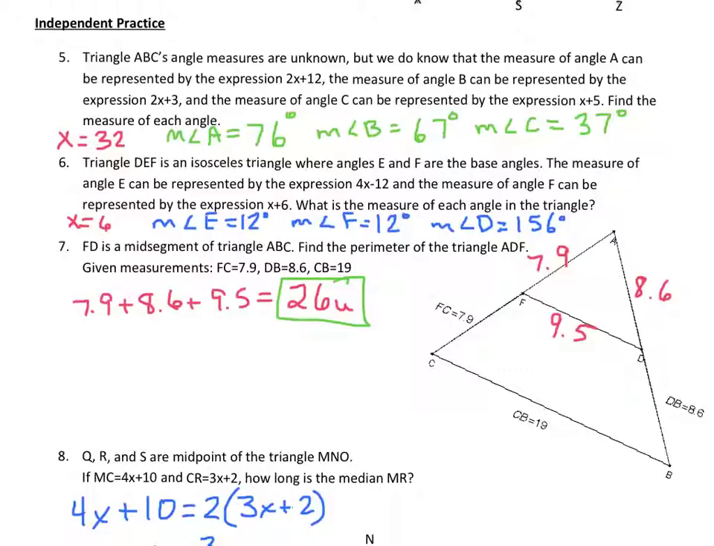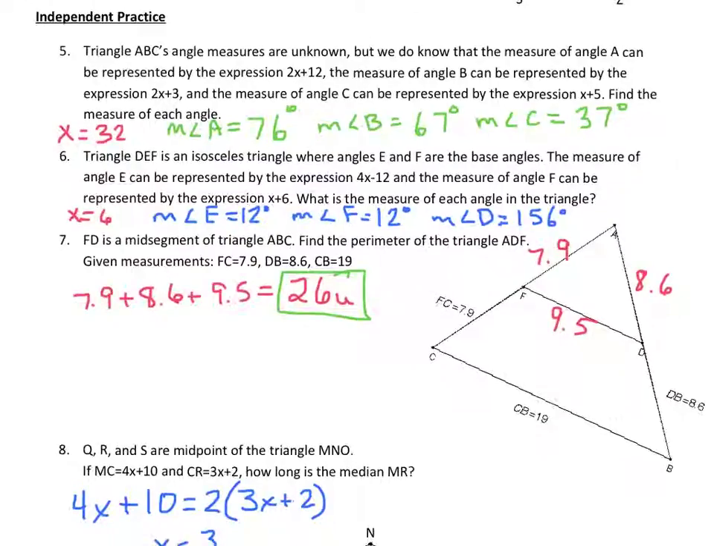Number 5, measure of angle A, 76 degrees, measure of angle B is 67 degrees, and the measure of angle C is 37 degrees. For number 2, measure of angle E and F are both 12 degrees, and the measure of angle D is 156 degrees. For number 7, is 26 units. And then for number 8,